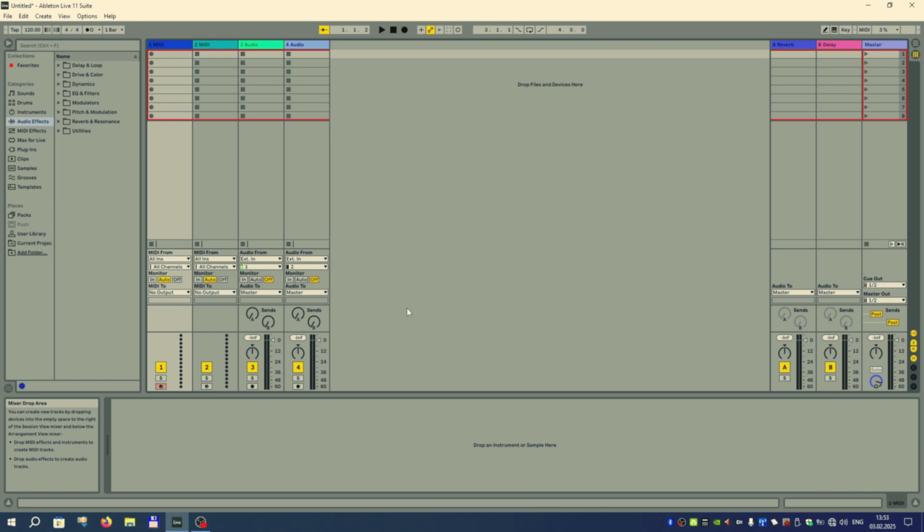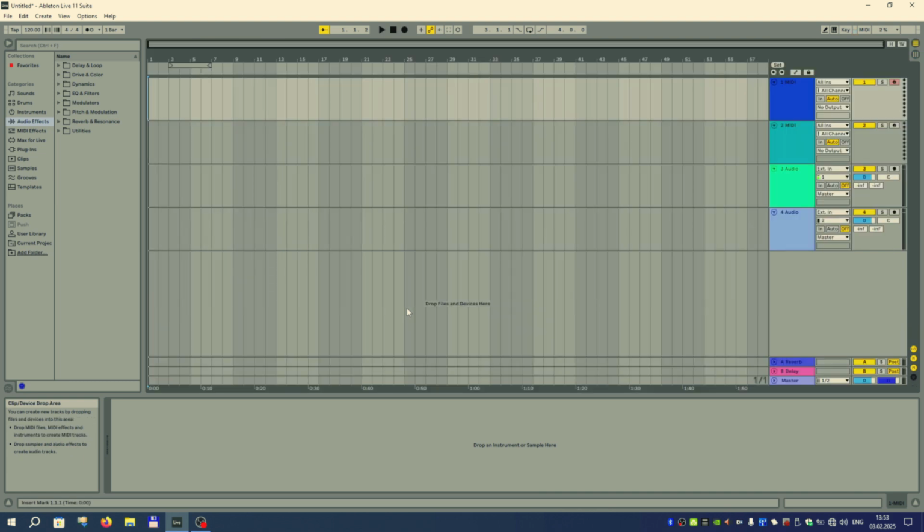Now let's switch to Arrangement View. The only difference of Ableton's horizontal tracks view from other DAWs is that all the track controls are located on the right side of the tracks, while typically they are on the left side. This view is suitable for any kind of music production, from orchestral to EDM. And the area with tracks is called the main lane, and it is divided by bars with the numbers on top and the time on the bottom. And again, you can use audio clips here and you just drop them into these tracks.